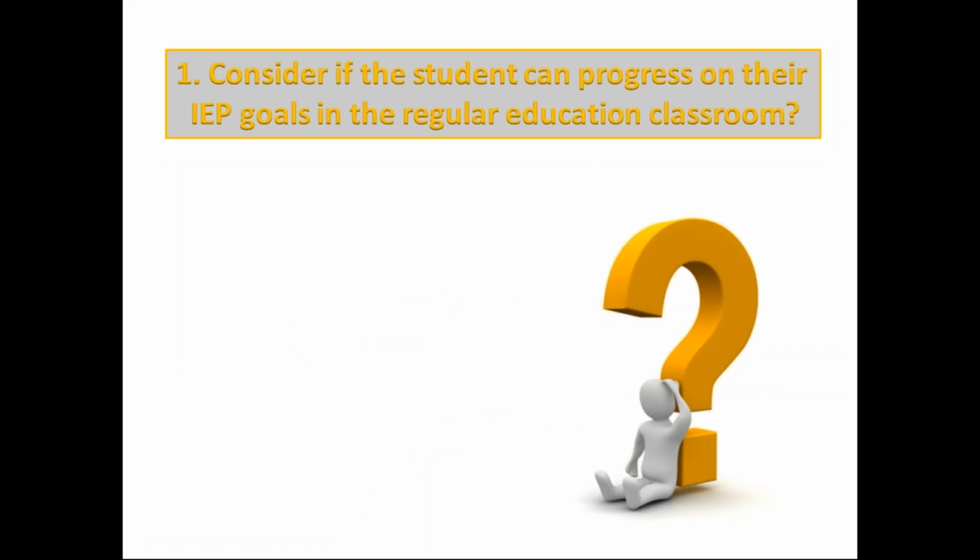Consider if the student can make progress on their IEP goals in the regular education classroom. The CSE should start with this, by examining the regular education classroom placement as the first option as required by IDEA. There should be an in-depth discussion on whether the student can be educated satisfactorily to meet their needs and progress on their IEP goals in the regular education classroom with one or more of the following: supplementary aids and supports,